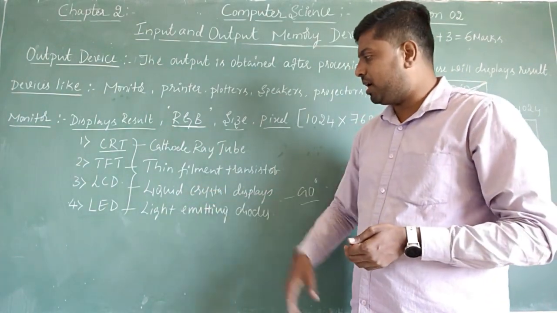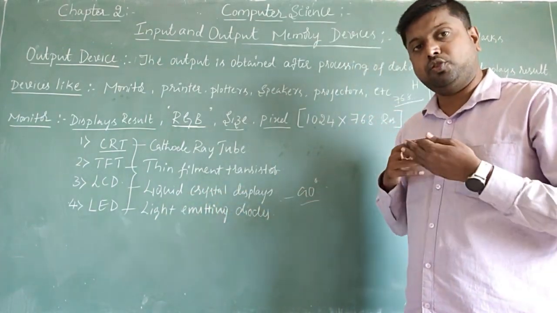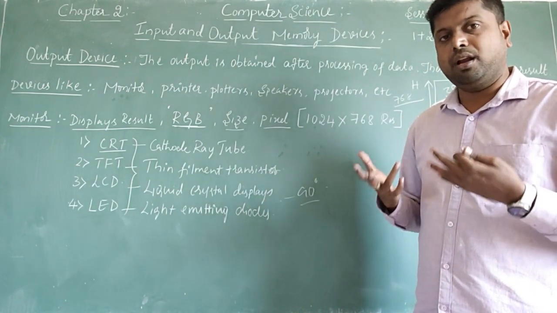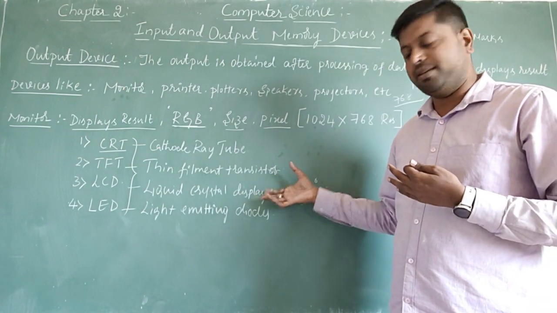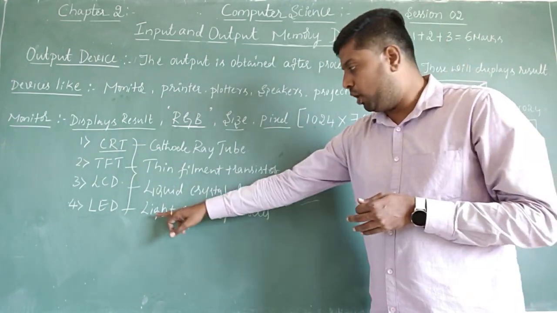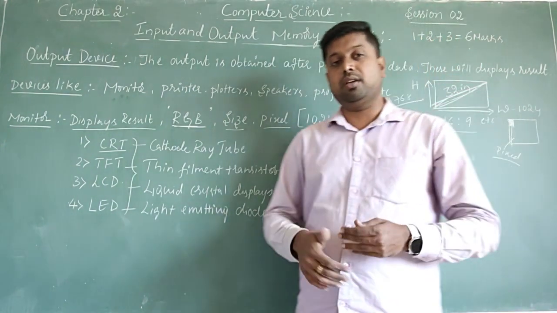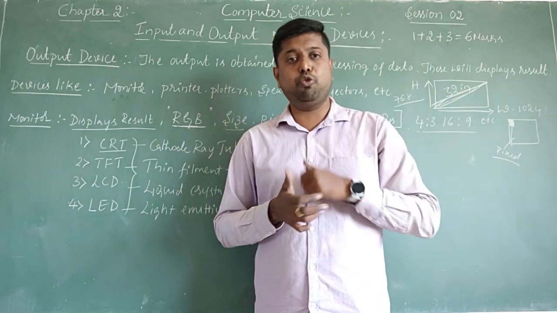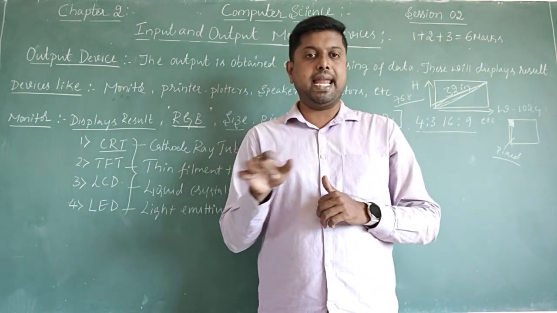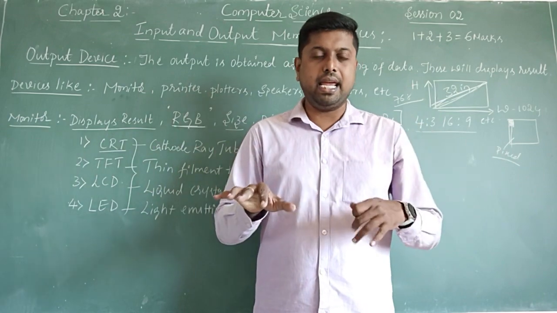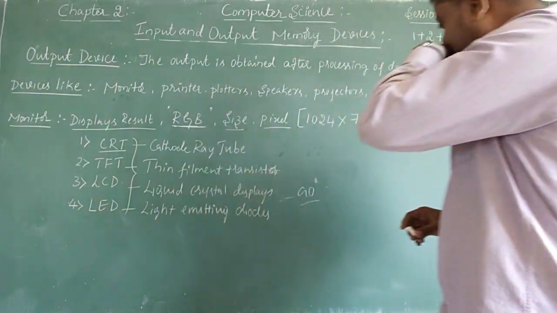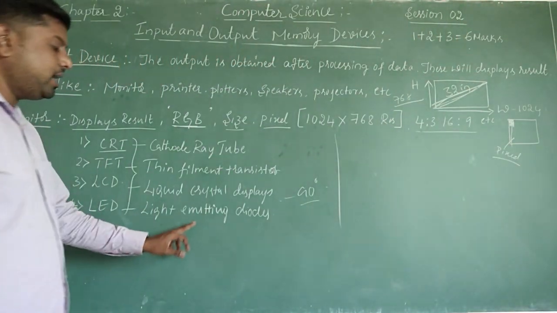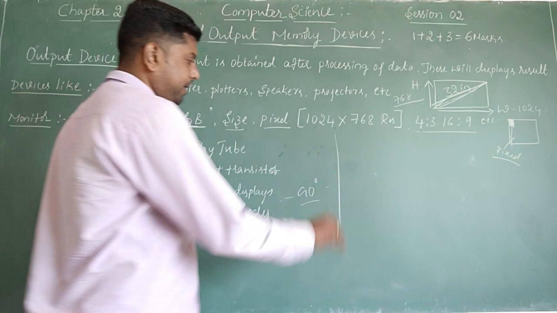Also, liquid crystal displays consume more power. It is not economical. To overcome that problem, one more device came in monitors. Nowadays almost all of us are using these types of devices, especially in TVs as well as mobiles: OLED, AMOLED or LED. Once again, I will give you some mobile abbreviations here. LED, light emitting diode.